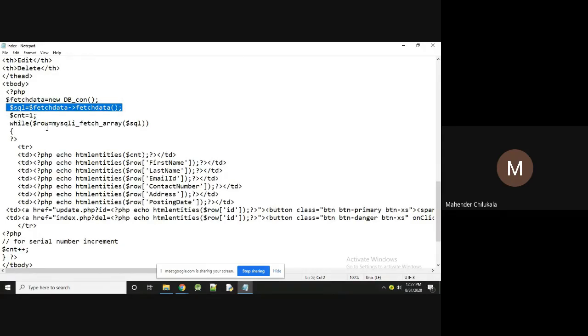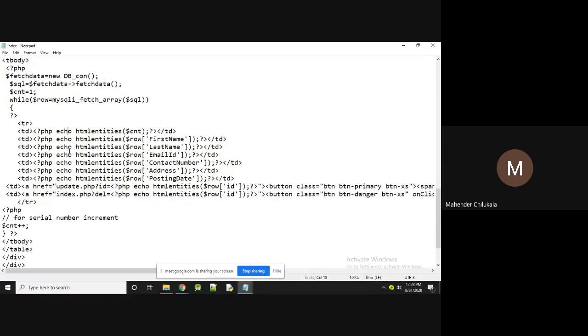While $row is equal to mysqli_fetch_array of $sql, all the data, row-wise, is in the form of arrays. Each row's data is assigned to one row variable.